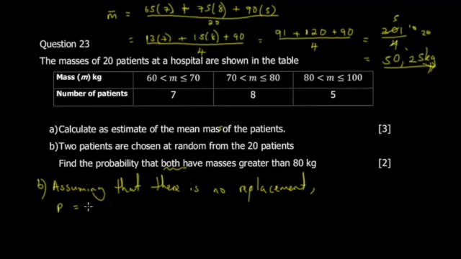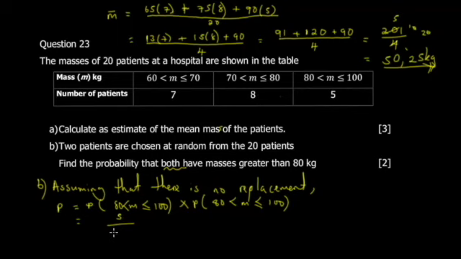So here would be probability of m being between 180 and 80. So multiply by probability between 180 again. Okay, so this one here would be 5. The frequency of occurrence divided by total frequency,